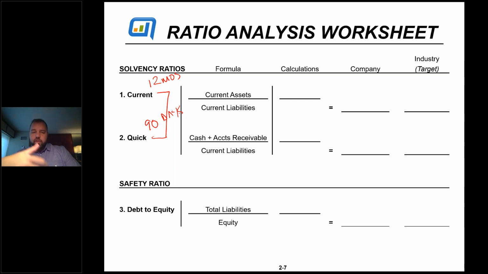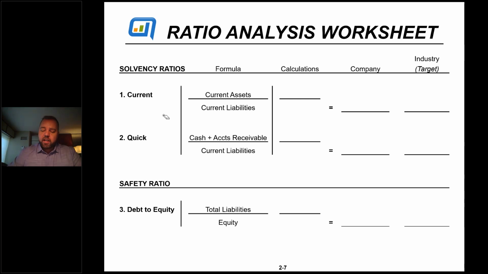And that's what we're looking at mostly. And one of the reasons why the difference between the two is we drop off some of the current assets that we can't convert in 90 days, like inventory. People say, oh, I can get rid of my inventory in 90 days. You can, but probably not without discounting it. And that's what we're talking about. If there's a significant amount of discounting you have to do, you probably can't convert it in 90 days. I'll take it a step further. If you could convert it in 90 days, you wouldn't have a cash flow problem, right? We'd be selling inventory that fast. So that's the difference between the two. 12 months and 90 days is what we're looking at.